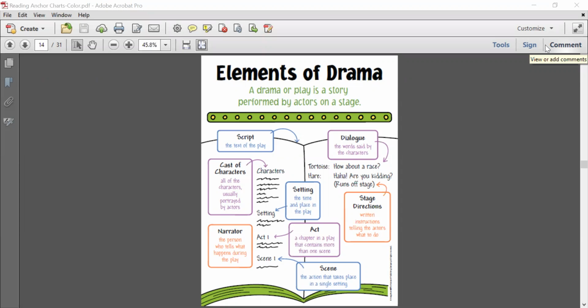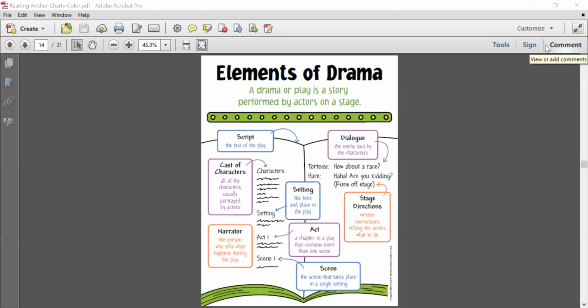So today's lesson is going to focus more on the elements of a play, kind of like how we did elements of poetry last week, where we talked about the different things that make poetry different from stories or books. And then drama definitely tells a story, but there's a couple of aspects or elements to it that are different than just a typical book that we would read.